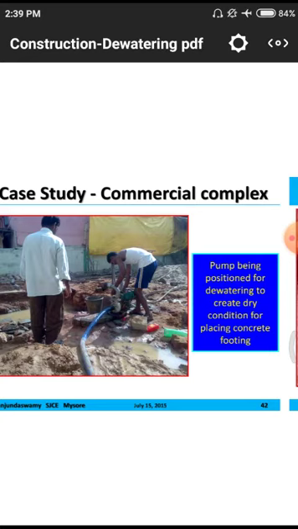After the removal of water, they have to go for small corrections on the site. The soil on the top layer has to be removed, and they need to refill it with another soil. After that, they have to go for construction of this isolated footing. This is the process they are following.